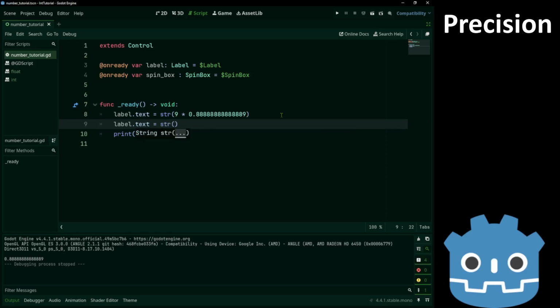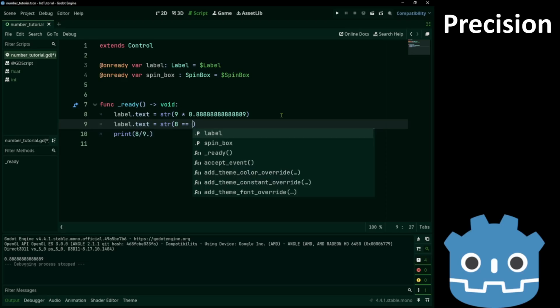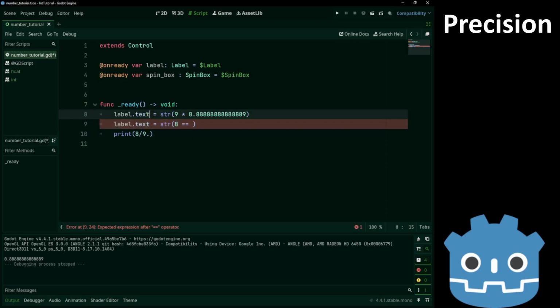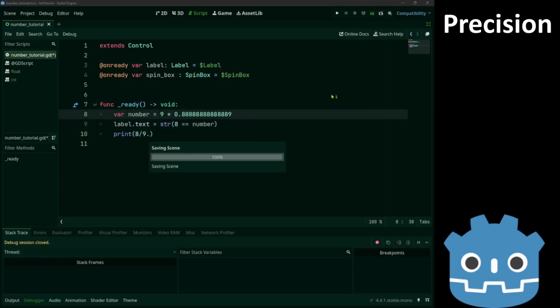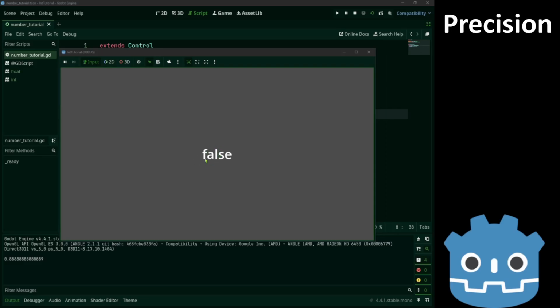It has 1 as the last decimal digit. If we tried using equals equals to check for equality between floats, it wouldn't work. False because the number was not actually 8.